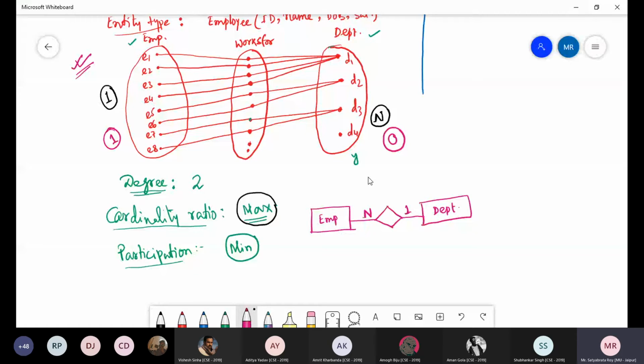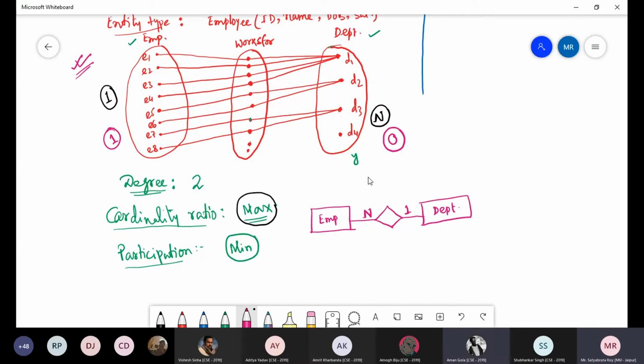In the textbook you should write this type of representation, not the other. This is only for illustration purpose. So in the ER diagram, if you have written n here and 1 here, it actually means that one employee can work for exactly one department, not more than one department, and on the reverse side each department can have more than one employee. Is it clear?